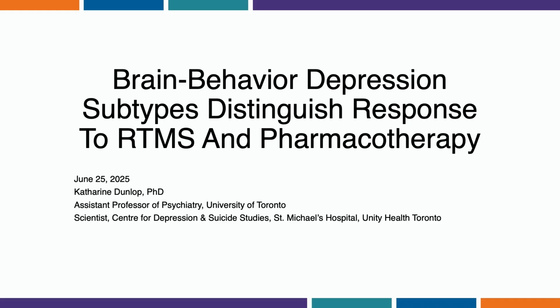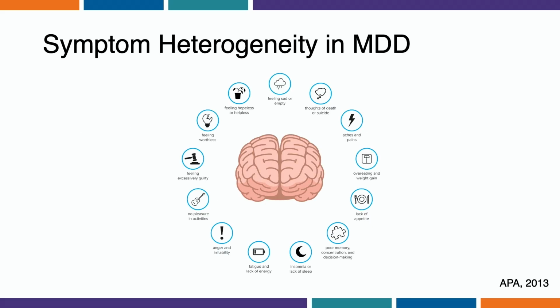panel. So today I'm going to be discussing how we've been using resting state functional connectivity to cluster people with major depression into subtypes, and how that might be used to inform who gets what treatment, be it TMS or other treatments like pharmacotherapies. So it should come as no surprise to this audience that depression is a very heterogeneous